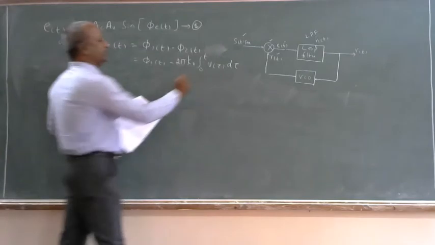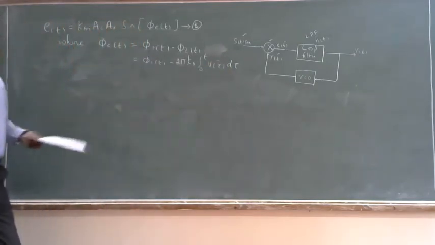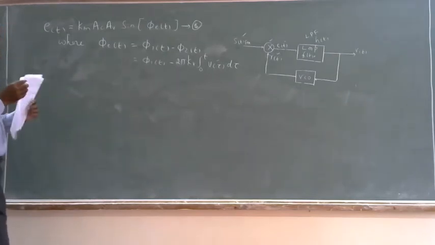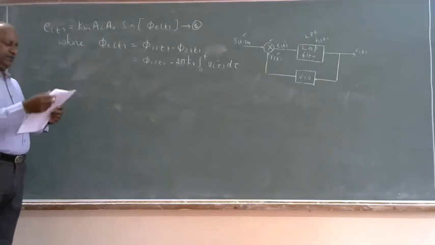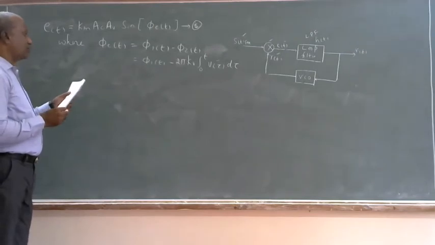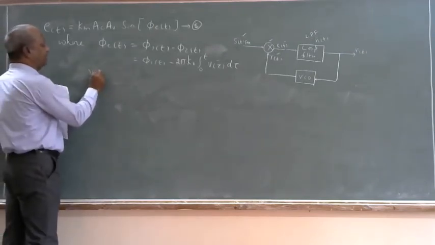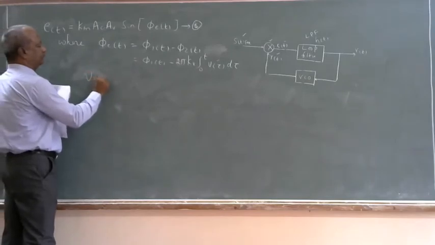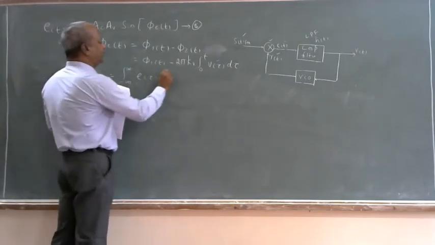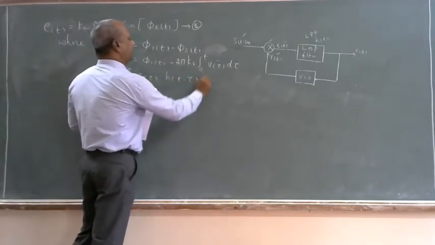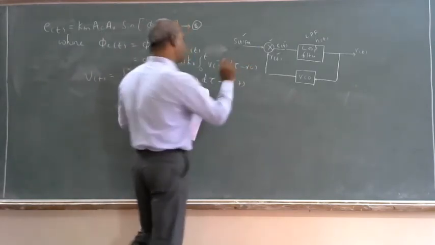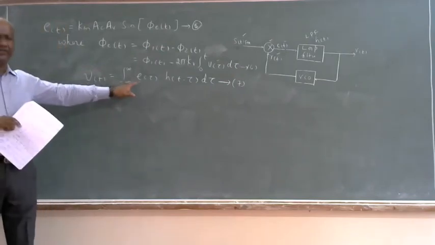So now I want to think of this v of tau or v of t by referring to the diagram. I can express the loop filter, which has a transfer function h of t, the output or the response of this filter in terms of convolution integral form. I can write v of t equals the integral from minus infinity to plus infinity of e of tau into h of t minus tau d tau. So call this equation number 6 and 7. So convolution integral form. This is a general equation.